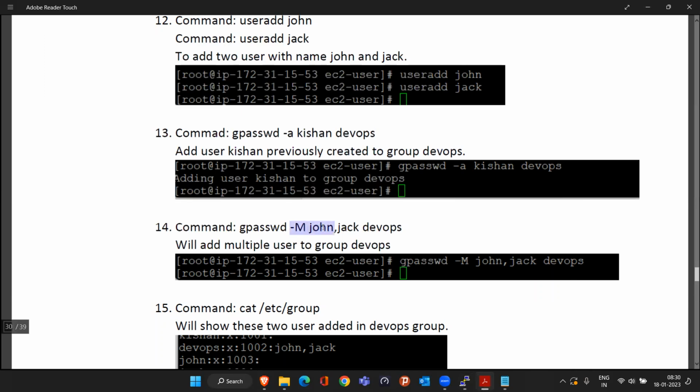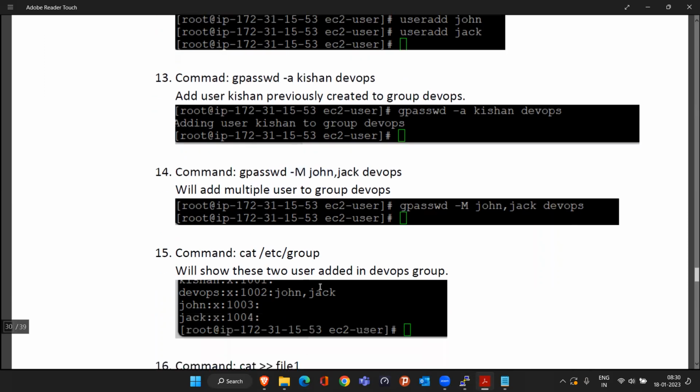Okay, so whatever names will be in the list, like if two names are in the list, then only two will be visible here. If three are in the list, then only three will be visible. But if you want to add any extra user, just keep it as it is, and if I want to add one or two extra employees, you can use the command -a. Okay, so this is how to add a user to the group,